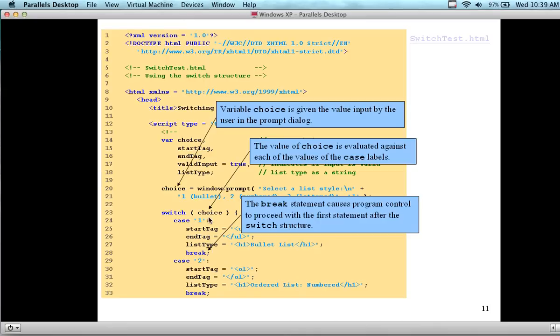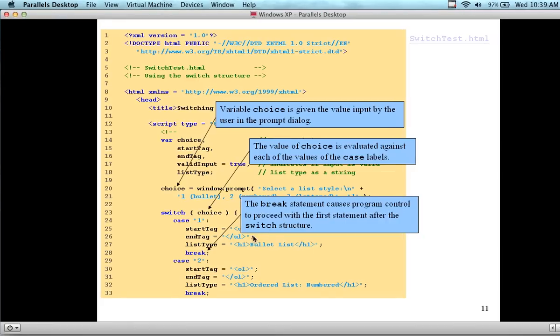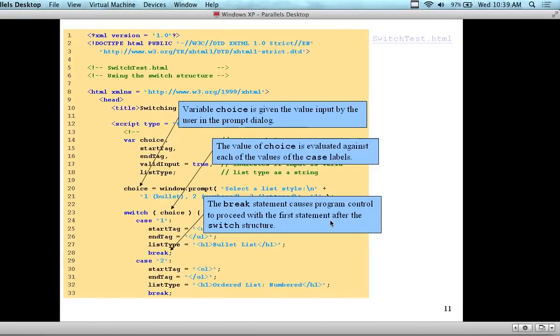So in this particular case, we're using it for multiple option select, and it's a choice. So the value of choice here is being evaluated. In this particular case, it's an integer value. It could also be a character value. And so we can put in here, for example, switch character, and then if it's A, B, C, or D, they selected menu item A, they selected menu item B, or something. So here we have the break statement that causes the program control to proceed with the first